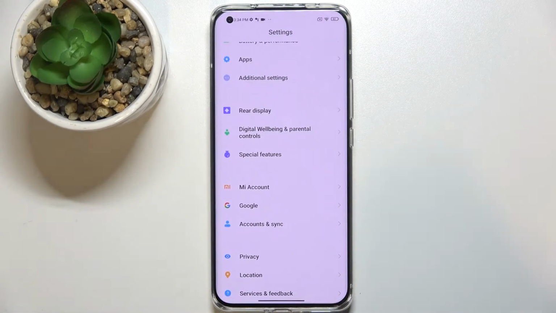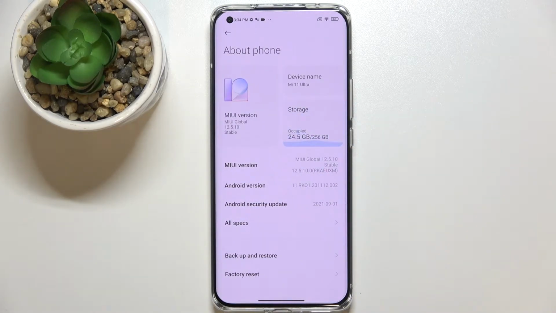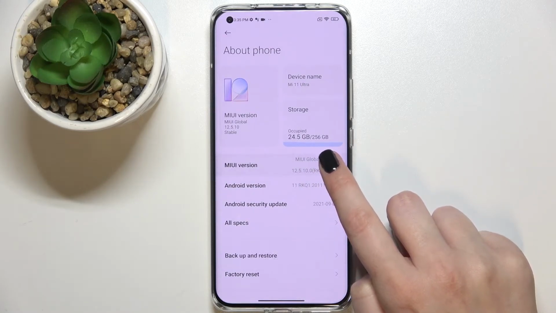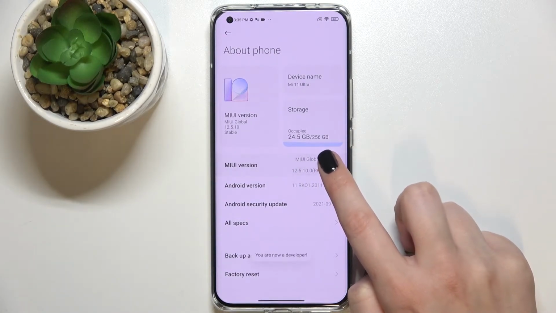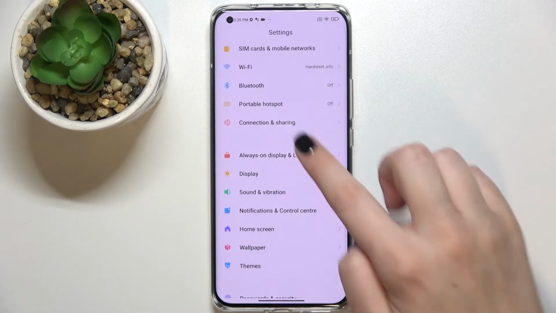So first of all we have to enter the settings, and now let's go to the about phone, because first of all we have to enable the developer options, in which we've got this particular option. So here let's find the MIUI version, and now we have to keep tapping on it until we will see that we are in the developer mode. So keep tapping, and as you can see we've got the information,